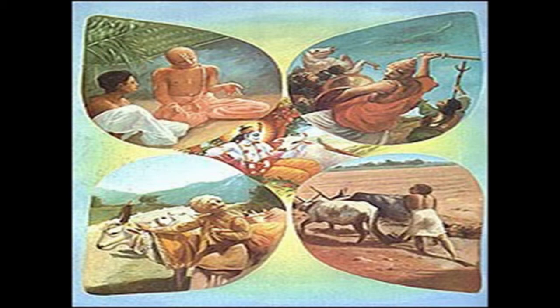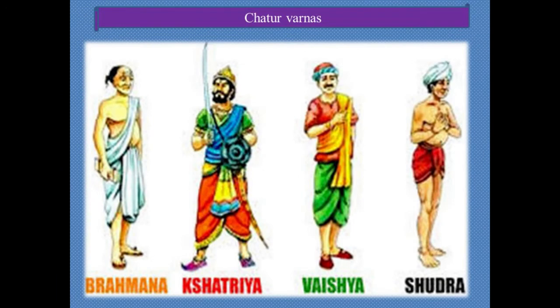It should come in a proper order. Brahmana, who was regarded as a learned man. Kshatriya, who was called a warrior clan. Vaishyas, which meant the traders or businessmen. And the final one is Shudra. Brahmana was a learned professor, Kshatriya was a warrior, Vaishya was a merchant, and Shudra was a worker. During the early Vedic period,